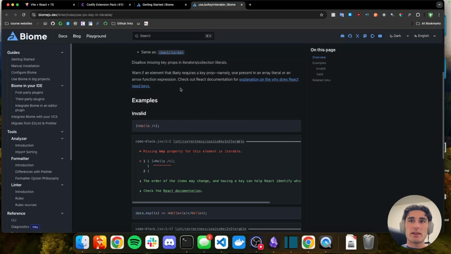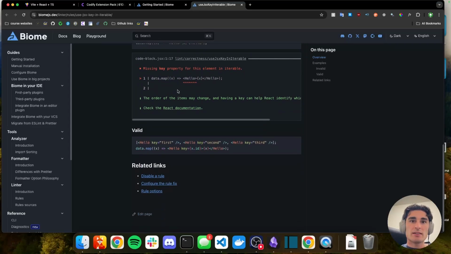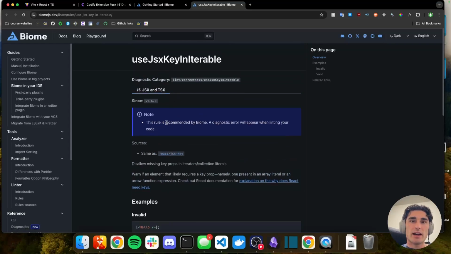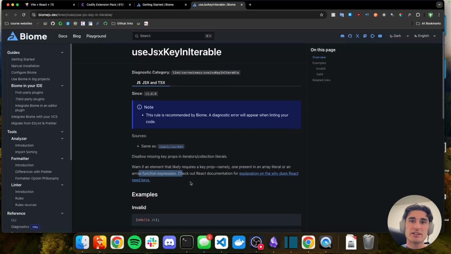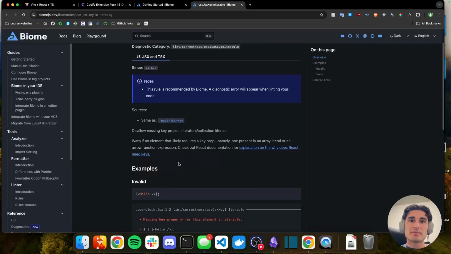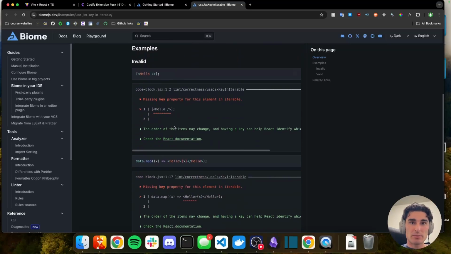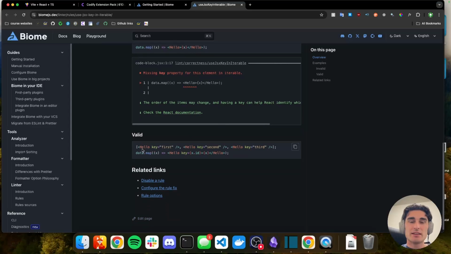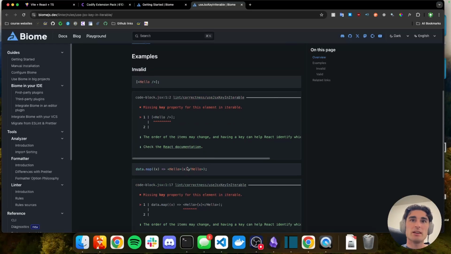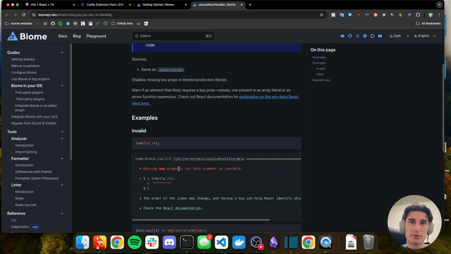So we can read through this, and it's going to say that if an element that likely requires a key property, namely one present in an array literal or an arrow function,